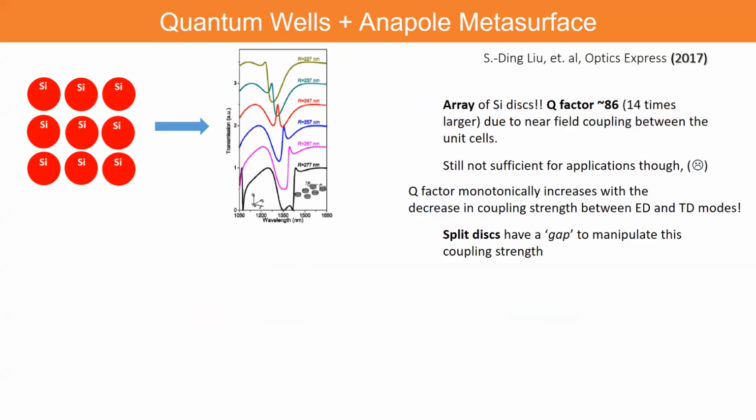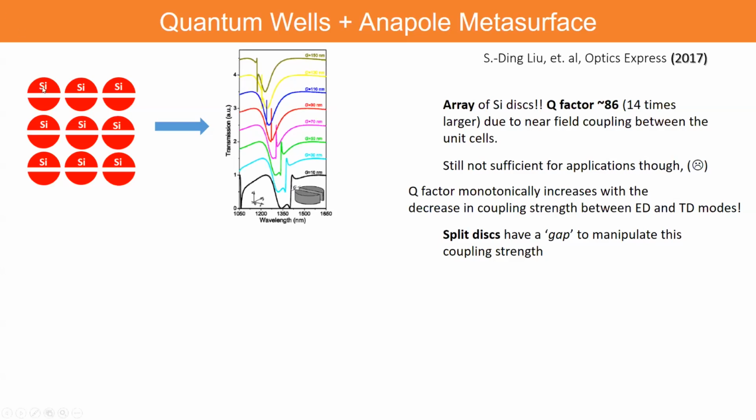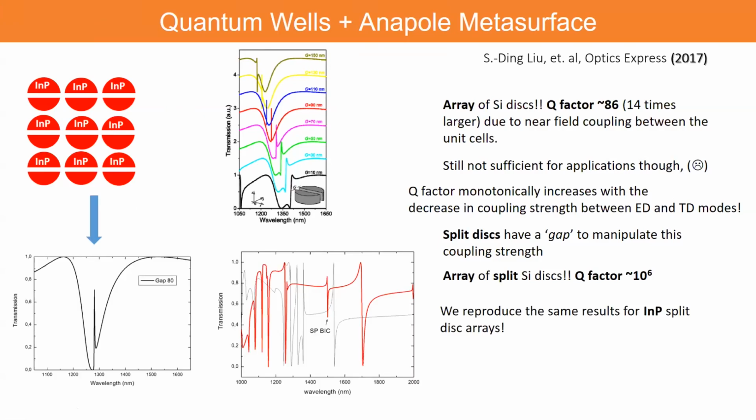So it was found that the Q factor monotonically increases if you decrease the coupling strength between electric dipole and toroidal dipole modes. And a split disk structure has a gap in between, which can manipulate this coupling strength. This array of split disks was then simulated, and it was found that with tuning of this gap, you could reach Q factors of 10 to the power 6, in this case for a gap of 110 nanometers. And this result was reproduced for indium phosphide disk arrays,